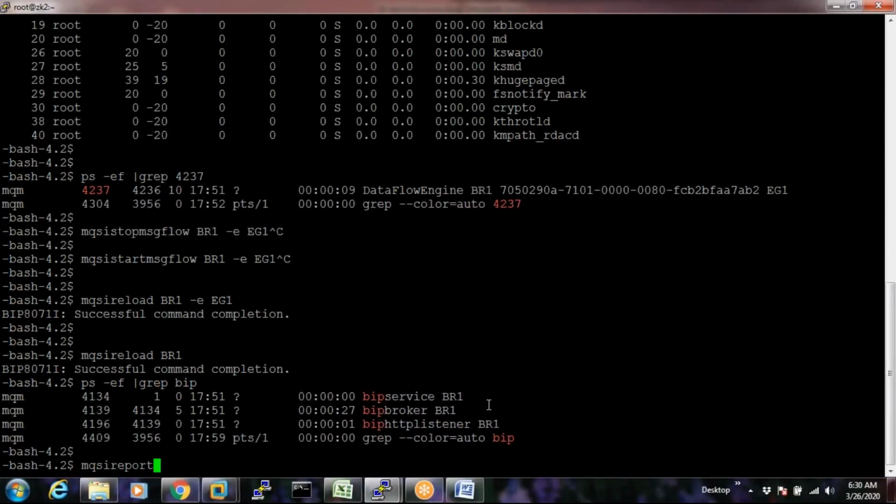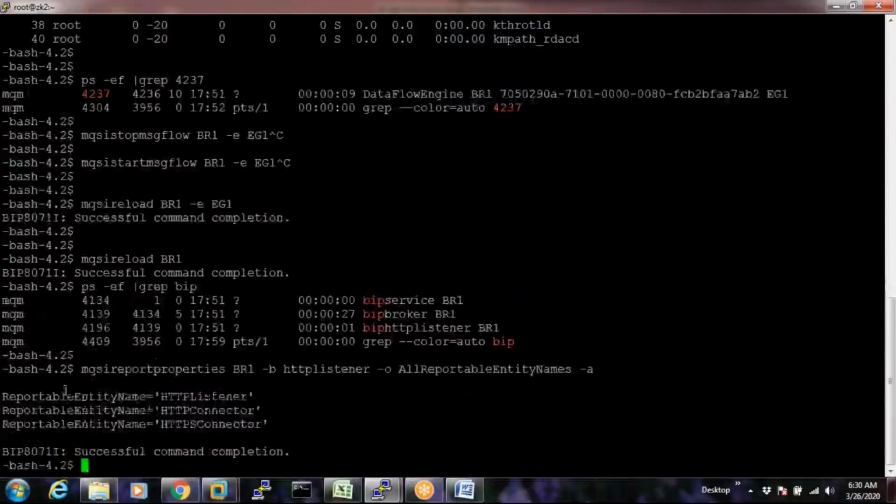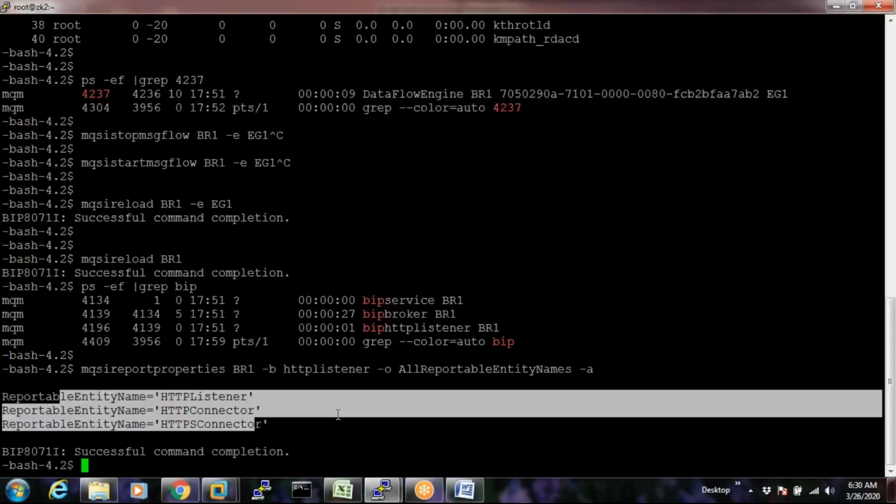Now, we have already seen one command, right? mqsireportproperties BR1 -b httplistener -o AllReportableEntityNames -a. We have already seen this command, right? Yes, we saw it here.